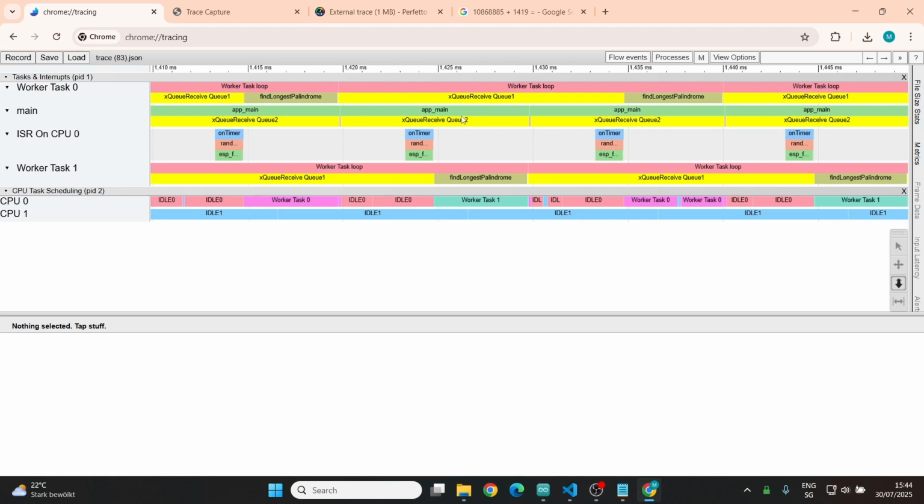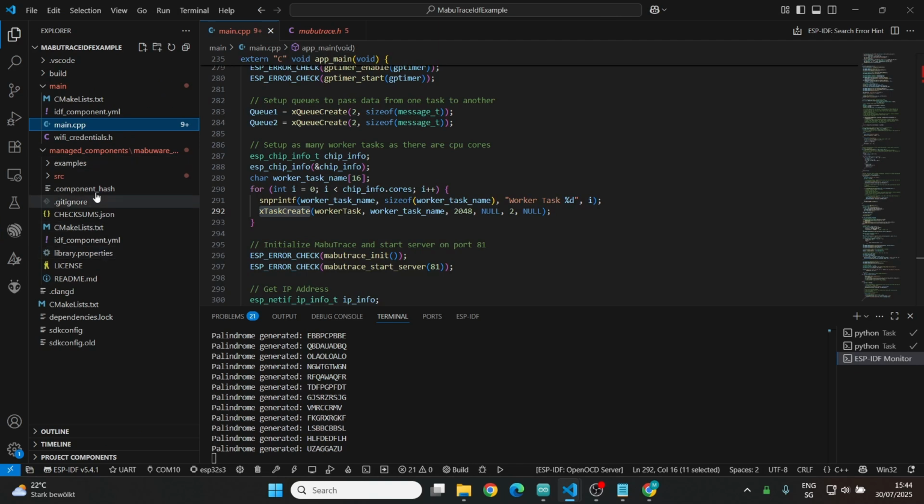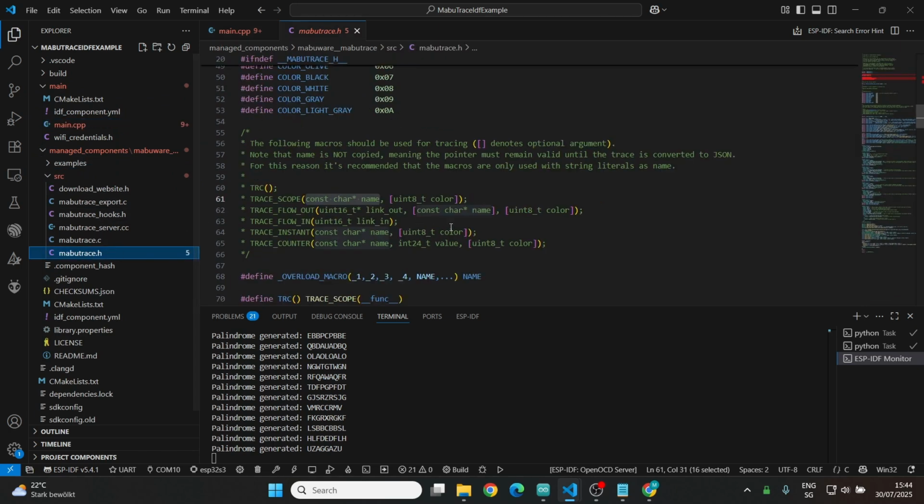So now these are the most basic trace macros that you can insert. There are also a few other ones which trace slightly different things. And if you go back to the trace header, there are these other trace macros, the other things that you can trace. That's mainly flows, so trace flow out and trace flow in. These are the macros you want to use if you have some program flow across task boundaries. So if you have some asynchronous behavior between multiple tasks and you want to trace that, you can use these